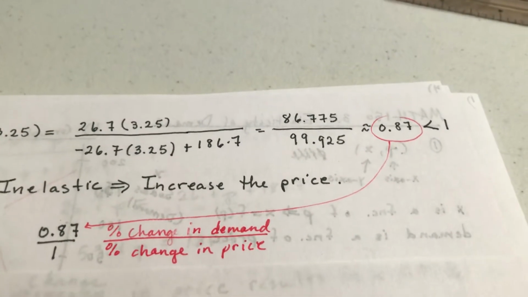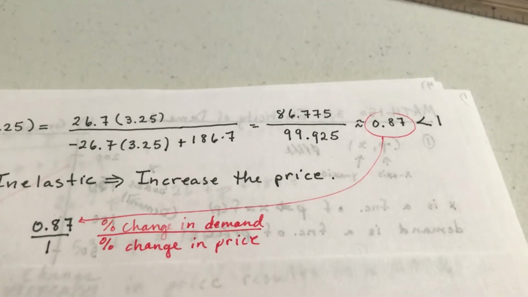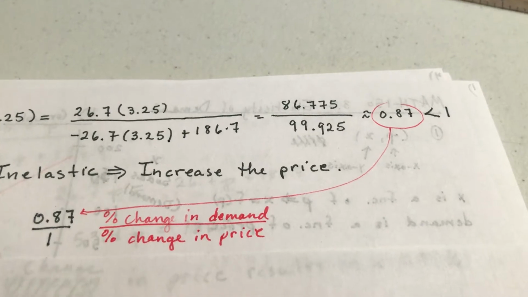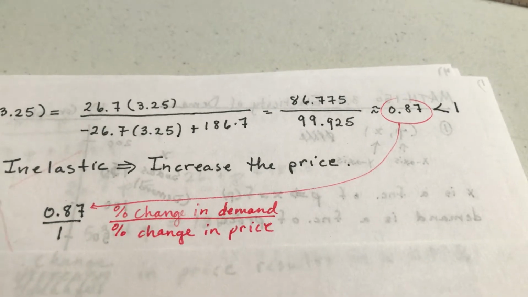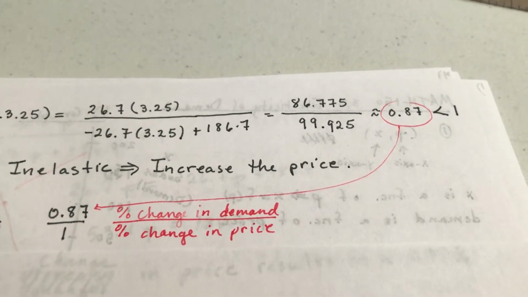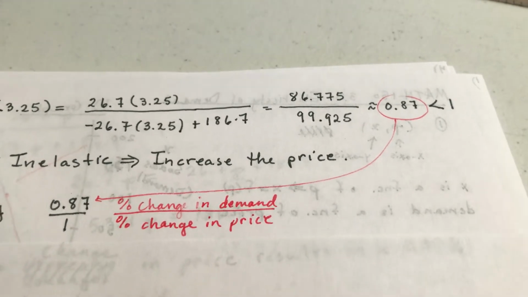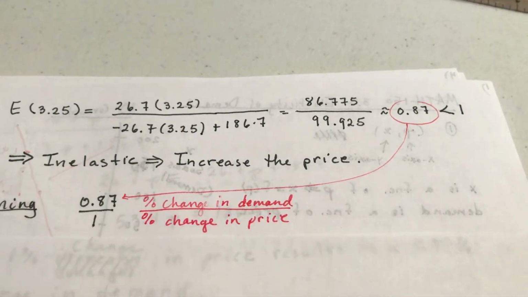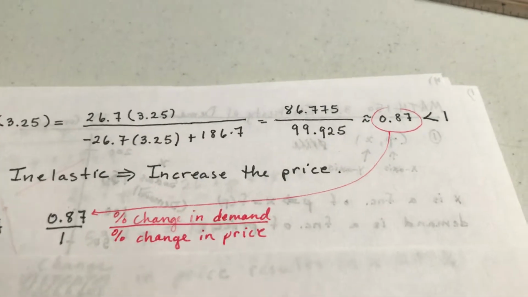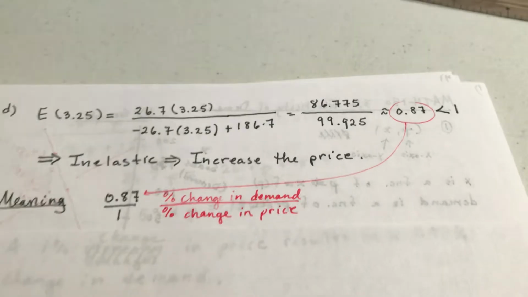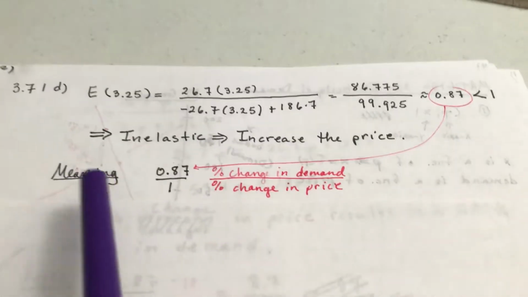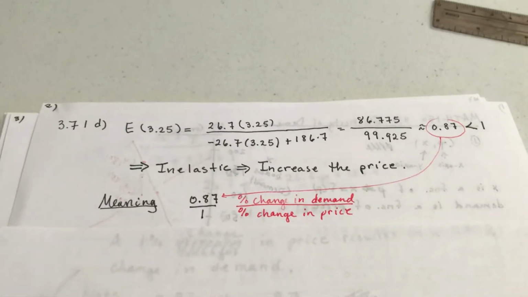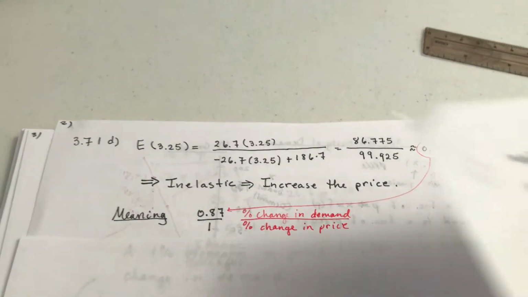Now the elasticity of demand is either going to be less than 1, equal to 1, or greater than 1, because we're comparing a percent change over a percent change. And that percent change is a percent change in demand over a percent change in price. And then I'll tell you what that means. All right. So what we get here is 0.87, and according to the worksheet, so on this side,